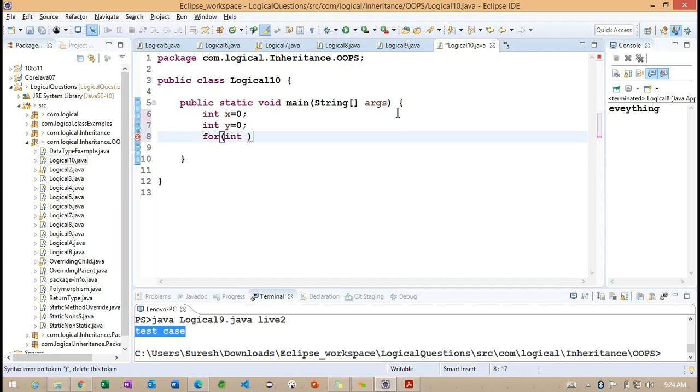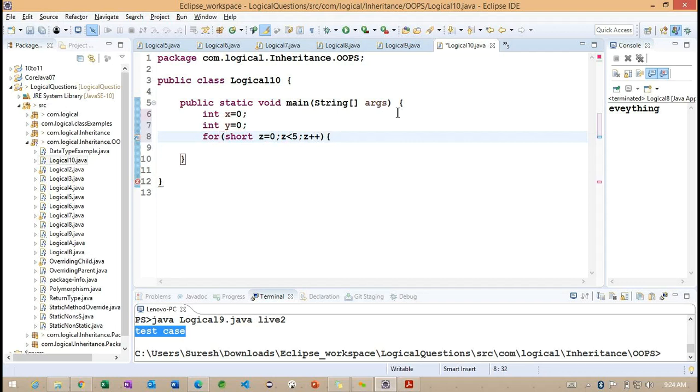I'm making here, sorry, for (int z = 0; z < 5; z++).